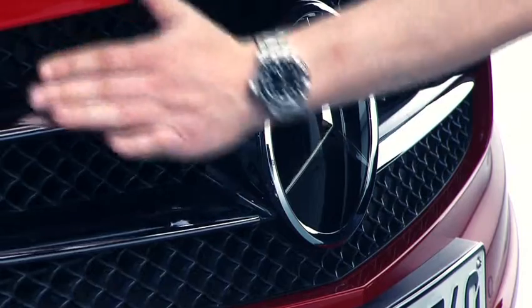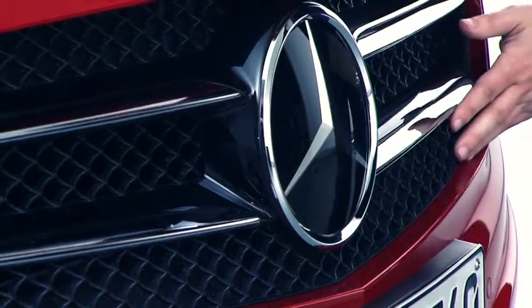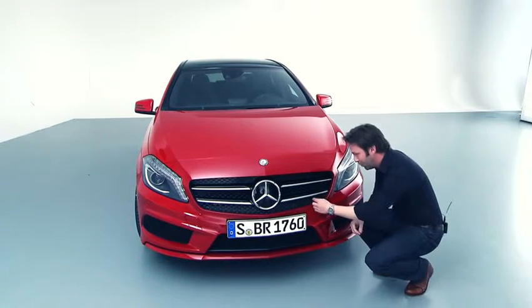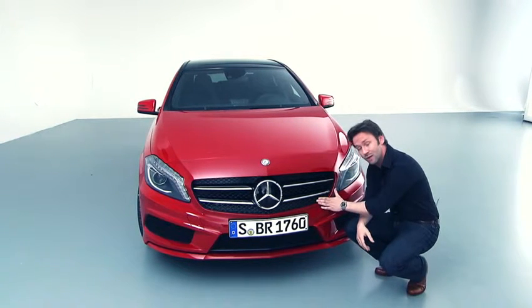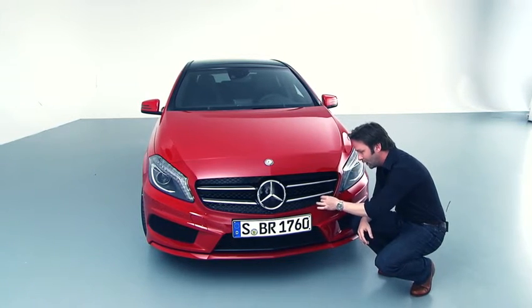This car here shows the basic grille or mesh that we have in the car, and as an option, you'll actually see a more three-dimensional treated grille, which has these pins that you've seen already in the Concept A-Class, and you'll get this in the top version of this car as an option, where you see these pins, these sort of